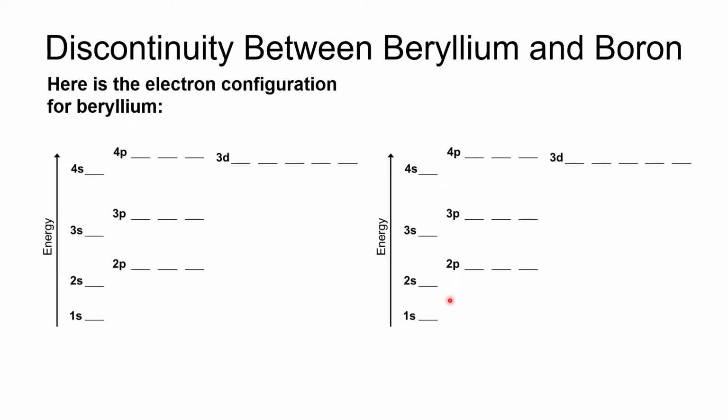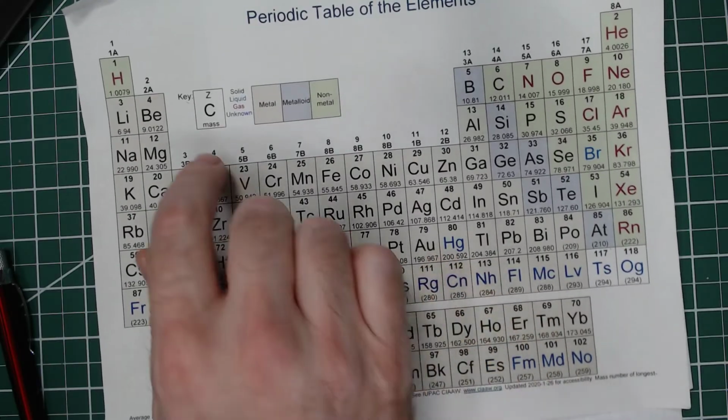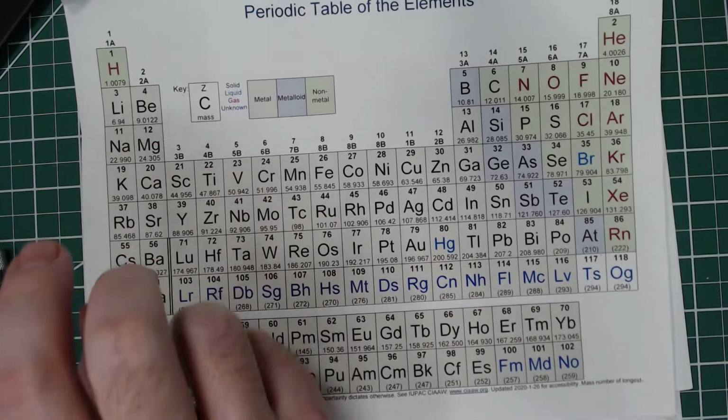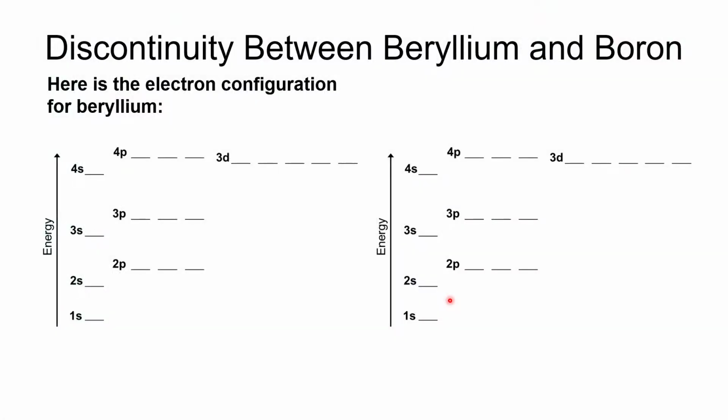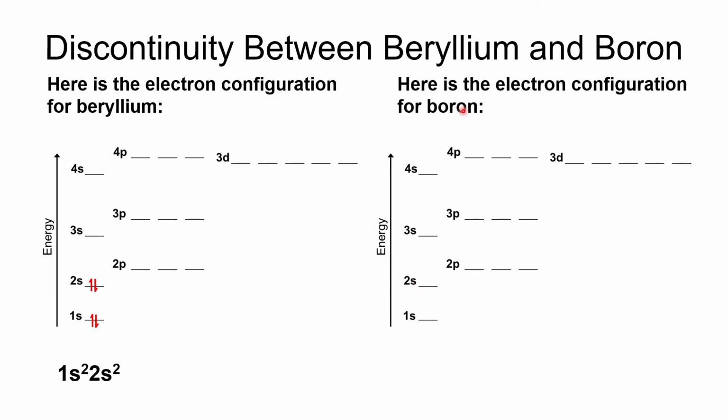So here is the electron configuration for beryllium. And just so everybody knows, come back over here, there's beryllium, element number 4. So there's only 4 electrons. So we're going to have 2 electrons in the 1s and 2 electrons in the 2s. That will give us an electron configuration of 1s2, 2s2. And then for boron,